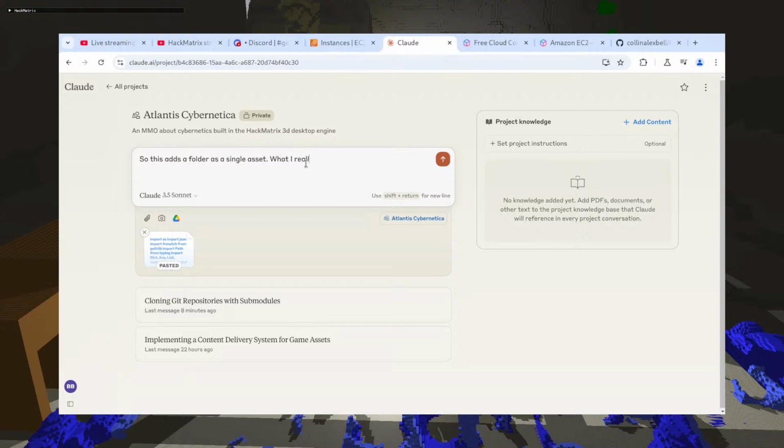What I really want is to have an asset name that is folder name dot as file name or something like that.